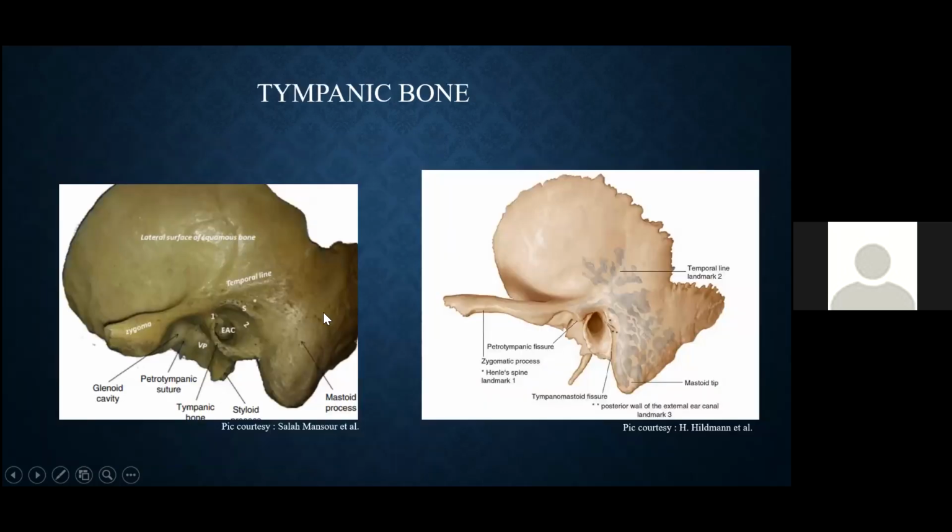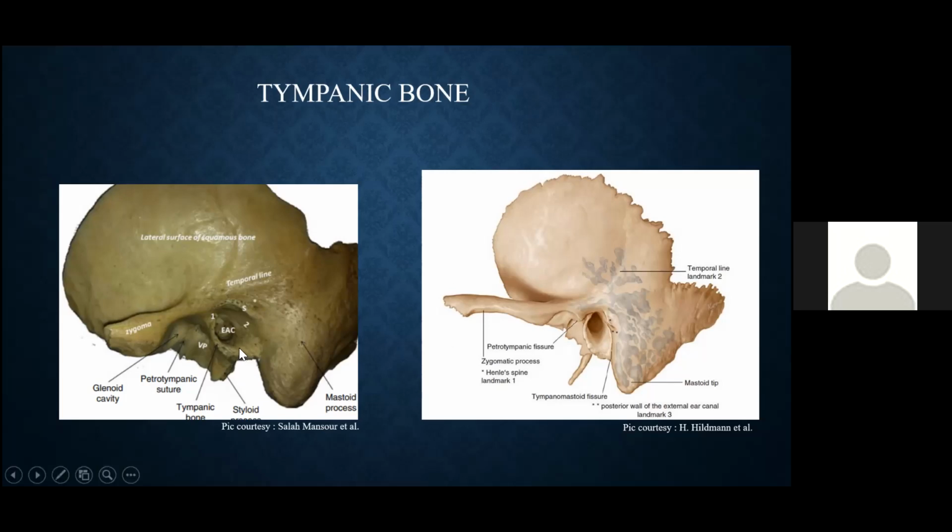Now the second part, the tympanic bone, a gutter-shaped small bone, which is mainly contributing to the formation of the bony walls of the external auditory canal, the inferior wall, and the majority of the anterior and the posterior wall of the bony external auditory canal. It articulates, as I said in the last slide, with the squamous part to form a tympanosquamous suture line, which is the marked structure, and it also articulates posteriorly with the mastoid process, forming the tympanomastoid suture line, which transmits the auricular branch of the vagus nerve.